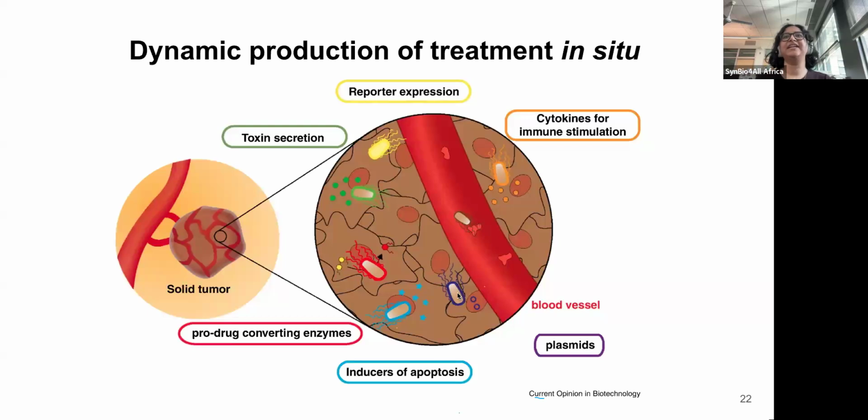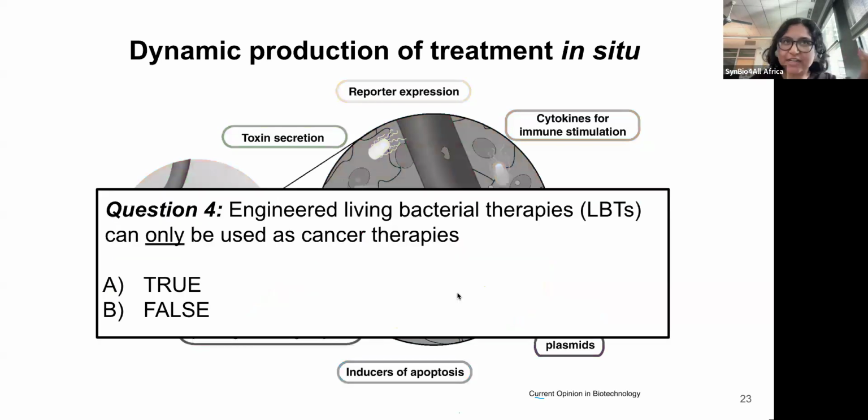And so we can make different reporters, we can make cytokines to turn on the immune system, we can have inducers of apoptosis lyse open the cancer cells themselves. And so there's a lot of different things that we can do with this set. And so now that we've talked about all of this, my question to all of you is,